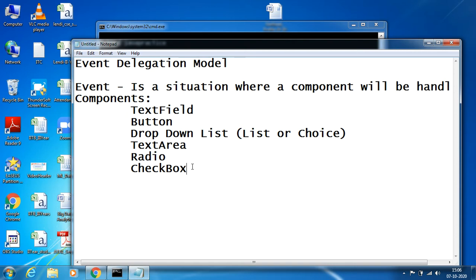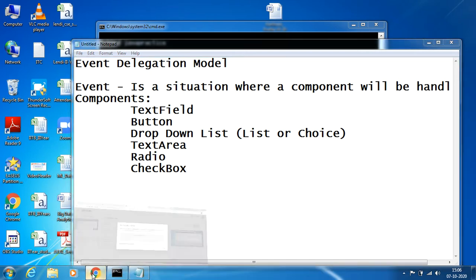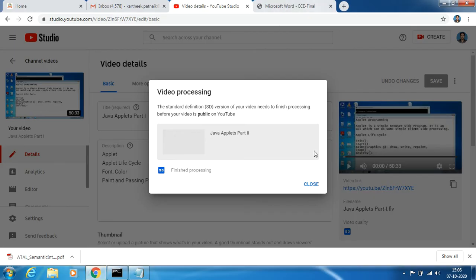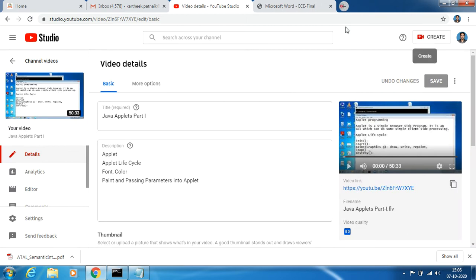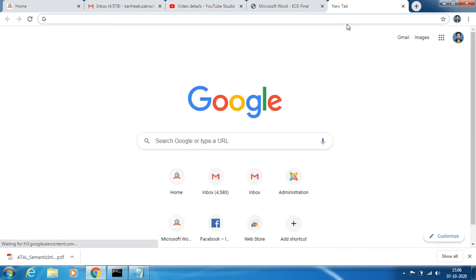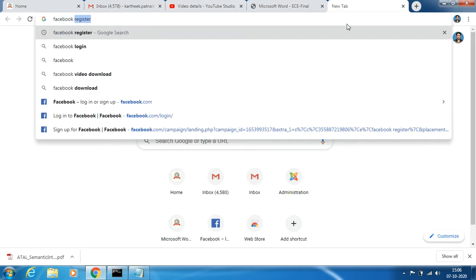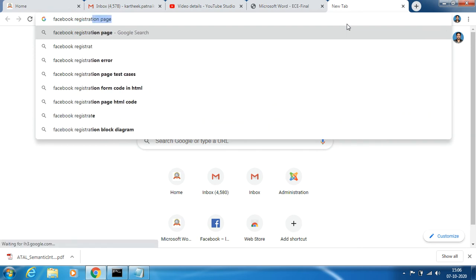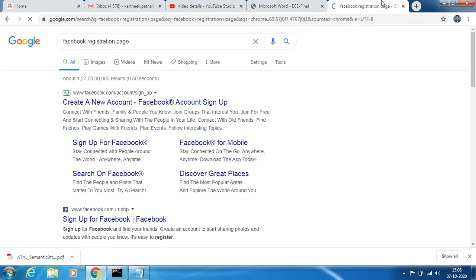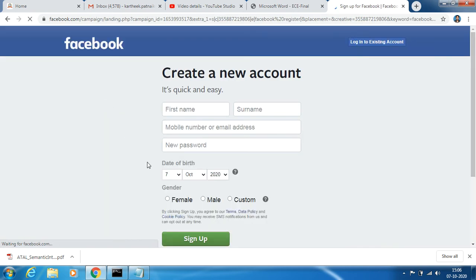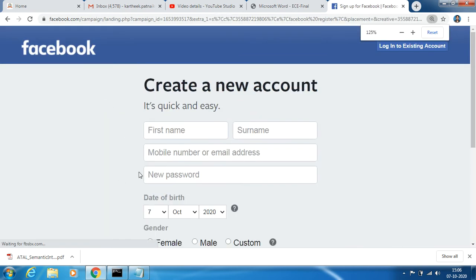For example, when I click on a particular text field, immediately what kind of event should that text field show? Take, for example, a Facebook registration page, where you can find different kinds of components.